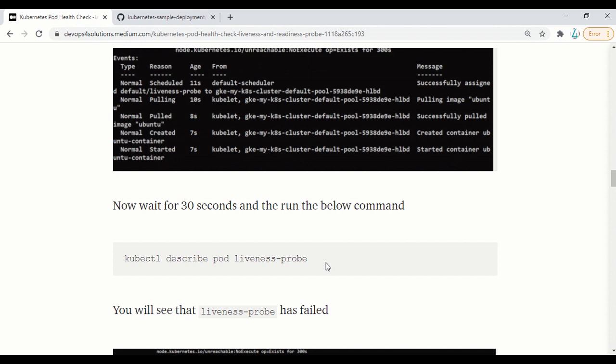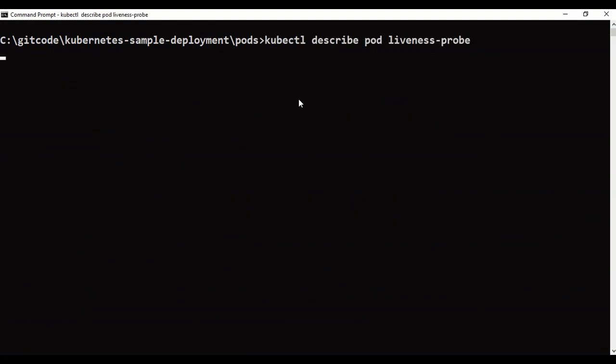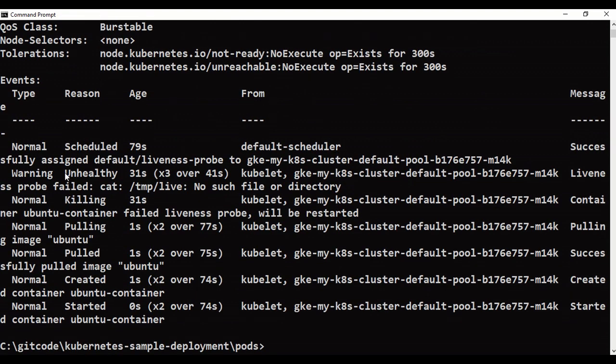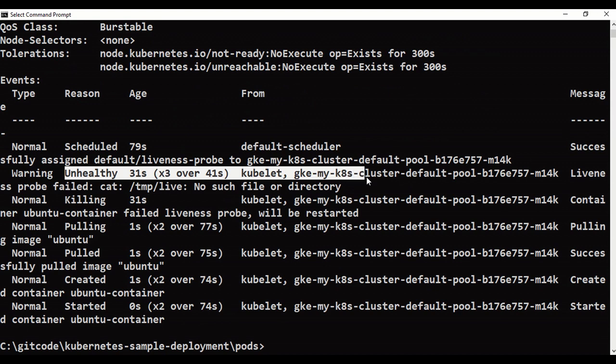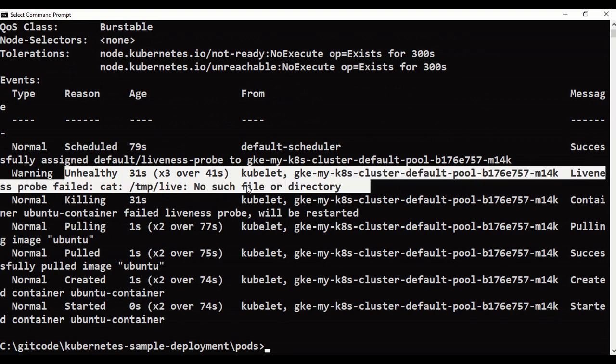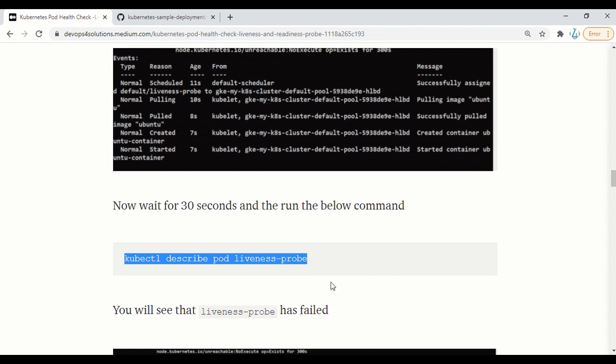So this is how you can use the liveness probe, which we call a health check. You could have any files, or even some HTTP probe checks, like a URL where if index.html exists, then your liveness probe passes, else it fails. So you can have different kinds of conditions according to your application. Now if I do it again, let me clear this. Here you can see it is showing an unhealthy liveness probe because there is no such file or directory. So this is how you can configure the liveness probe.